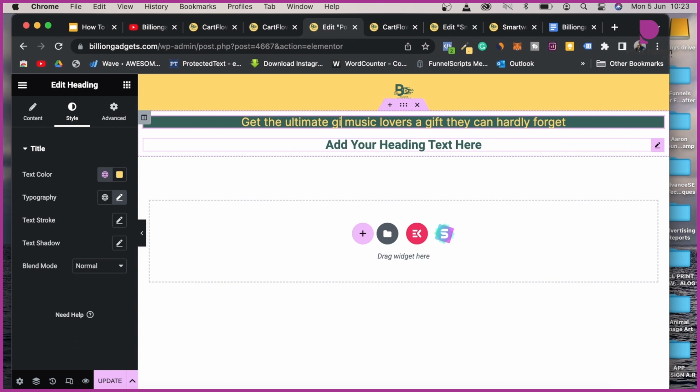Gifts for music lovers they'll never forget. They'll hardly forget. So let's just say get the ultimate gift for music lovers they'll hardly forget, and then from here we'll take